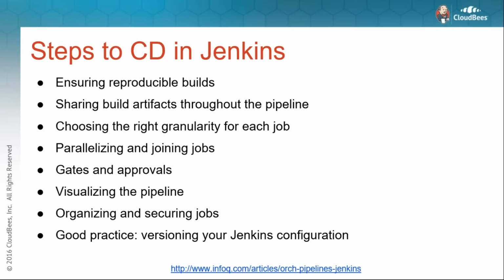And it was based on these steps of ensuring reproducible builds, sharing build artifacts throughout the pipeline, choosing the right granularity for each job, parallelizing and joining jobs, gates and approvals, visualizing the pipeline, organizing and securing the jobs, and then also being able to revision that pipeline and set it up into a version control system so any change in that pipeline could be recorded. So the article went into all the steps of how to do that with Jenkins 1.0. So the next slide,